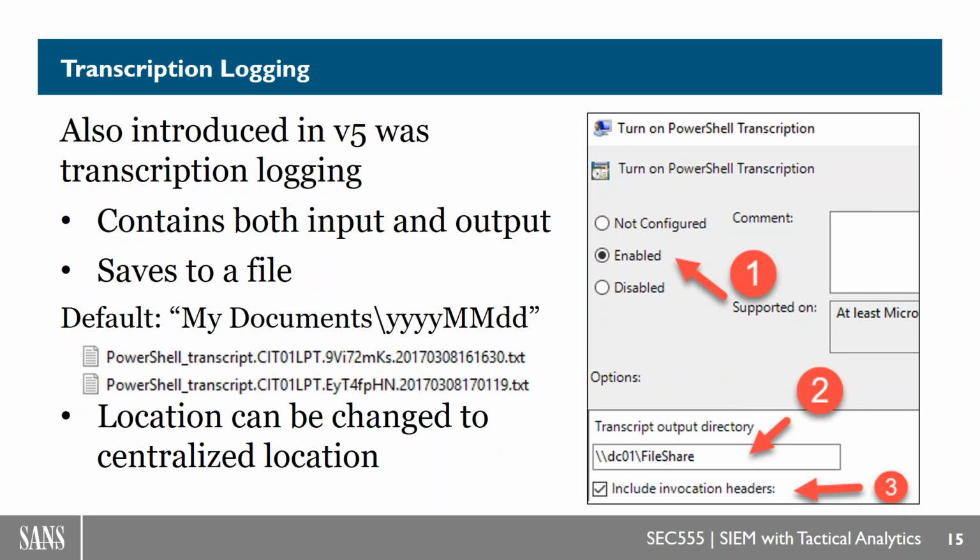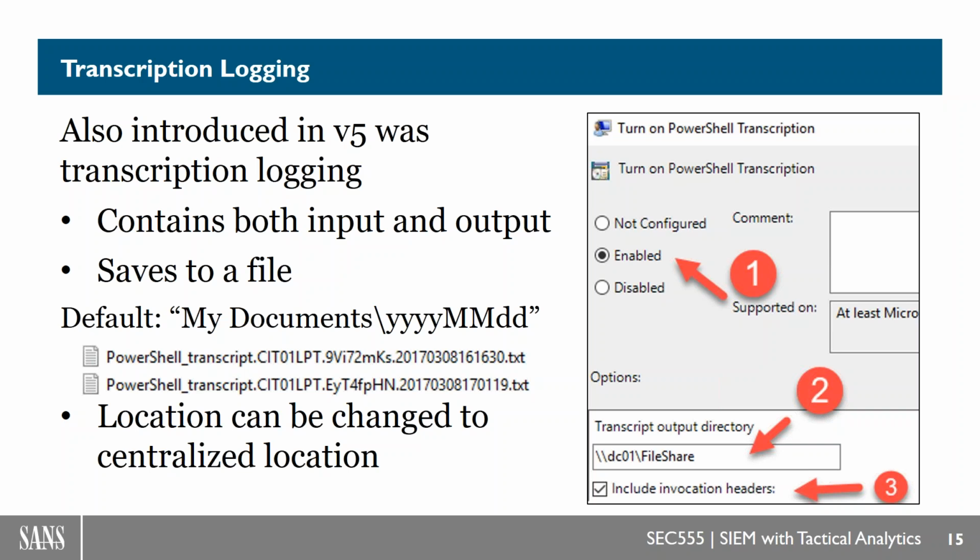So it writes it out to a file, which means that ingesting into your SIEM agent is going to be a little bit more difficult. But one of the techniques we talk about in Security 555 is creating what's called a blind drop box, where I can write my files, whether it be from something like transcription logging or from some third-party tool, like for example USBDeview, which logs USB insertion events. Write that out to a blind drop box that you are able to write to, but nobody can modify or change anything in it. And then you can have a log agent that goes out and pulls from that blind drop box to ingest that into your SIEM.